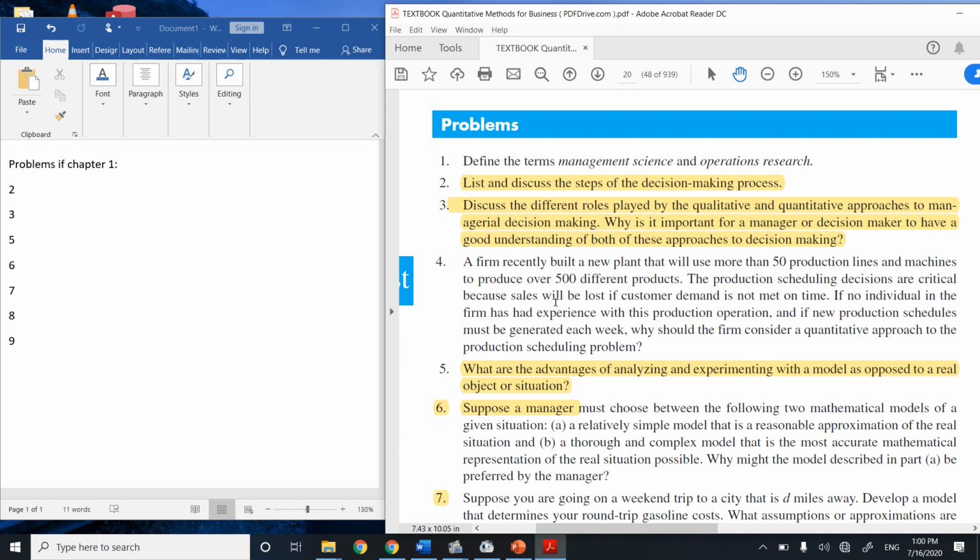Here we are going over and solving the problems of chapter one from quantitative. As I said, the selected problems are those over here. List and discuss the steps of the decision-making process. So we've been through that actually,